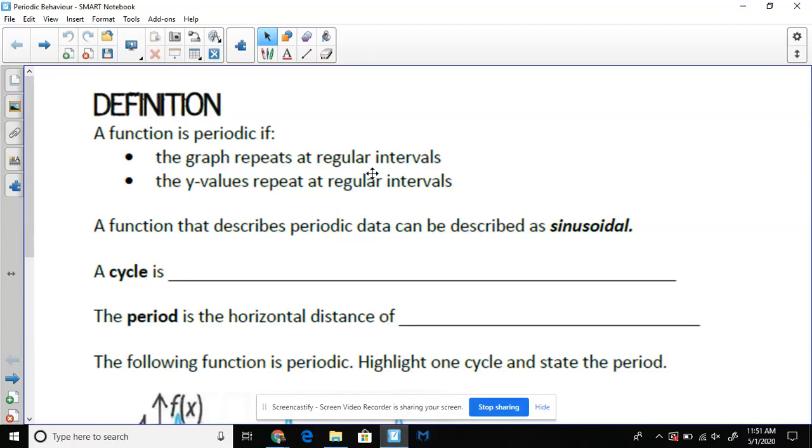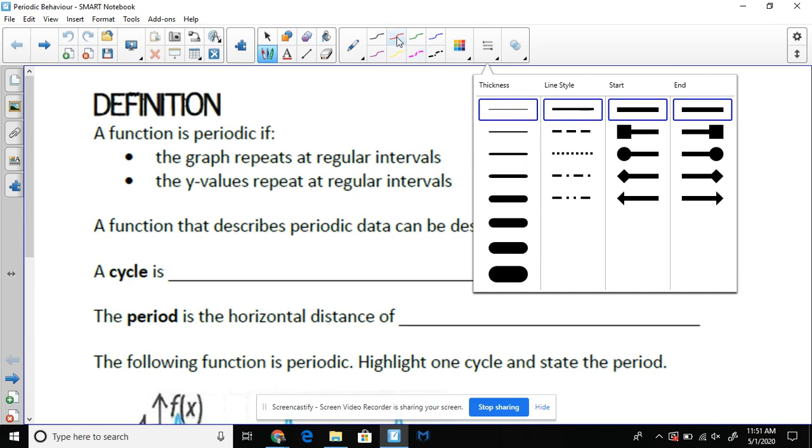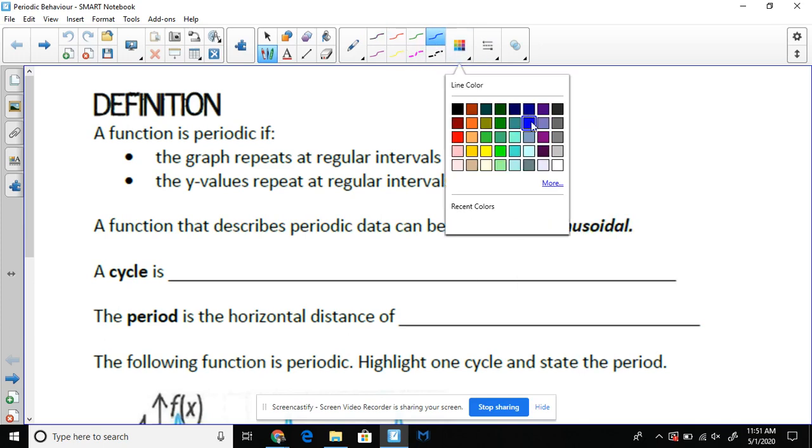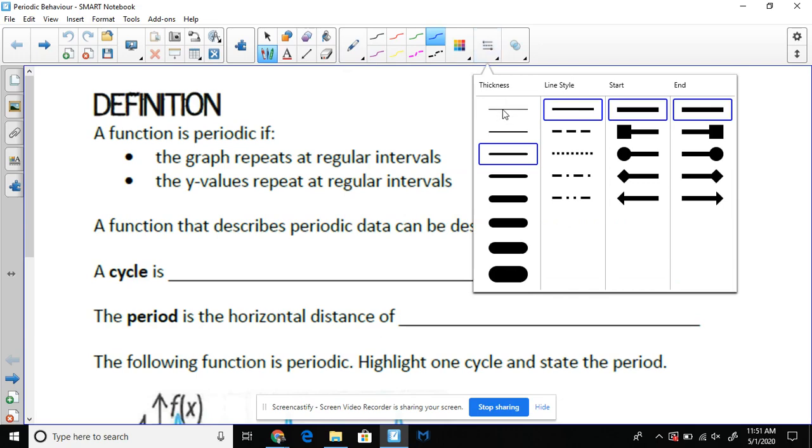Today we will go over the first lesson that will lead us to graphing trig functions. So we will talk about something called periodic behavior. When you think about graphing sine and cosine, you may have noticed that the